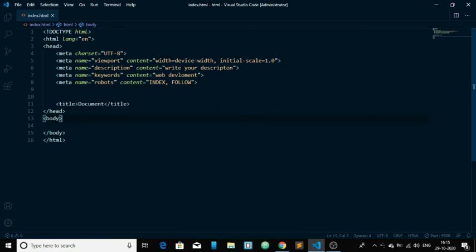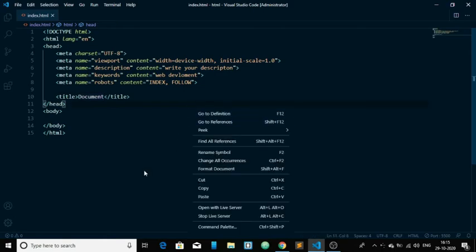Now look at this title tag. By default, VS Code gives us a document. Just right click in your VS Code and click on open with live server. I have shown in another video how to install the open with live server extension in your VS Code, so you can see that video and learn how I have done this.